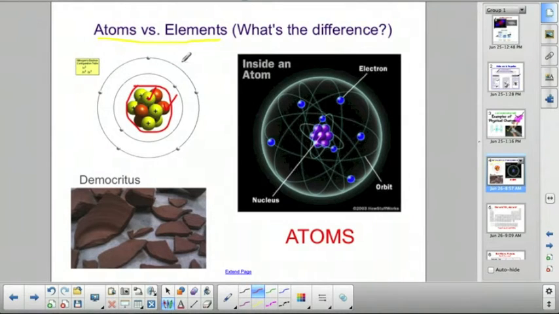Now, this particular model that you see here is a Bohr model. It's a two-dimensional model representation of an atom. But we know, and you may not know, but you'll learn that atoms are not two-dimensional. And most things in life aren't two-dimensional. We live in a three-dimensional world. So this picture that you see here represents that three-dimensional atom that we would